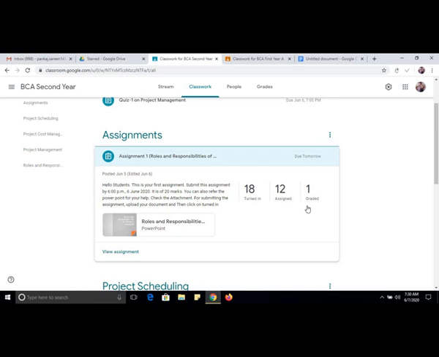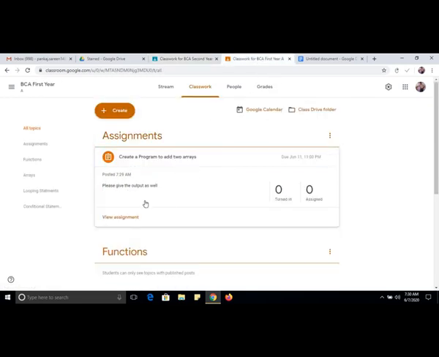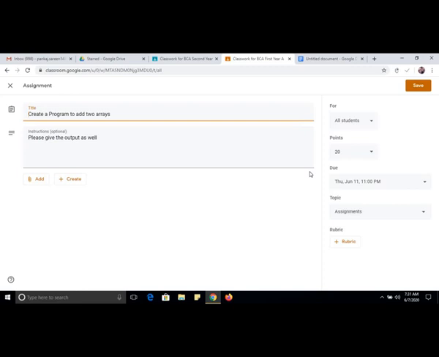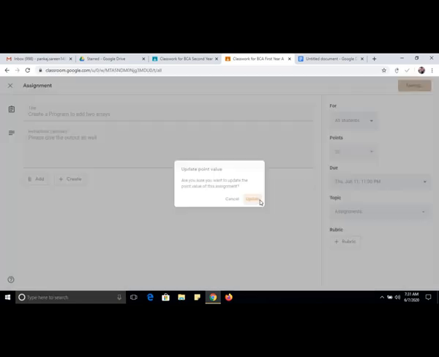What is this graded? I will show you this. This way you can see the assignment. If you want to edit this assignment, if you want to make any change in it, you can simply click here, and then click on the edit button. Here you will be able to change anything. For example, you can increase the marks to 30 and change the date, and then simply save. So update.